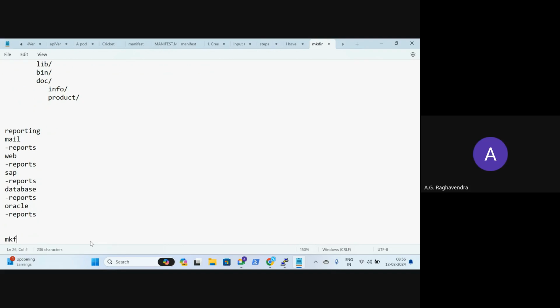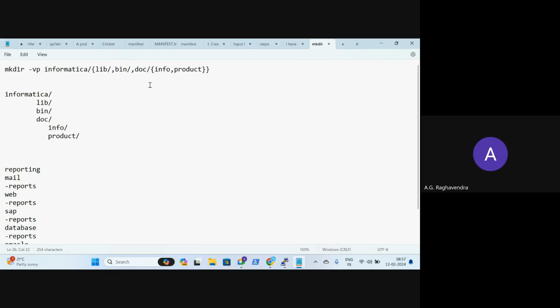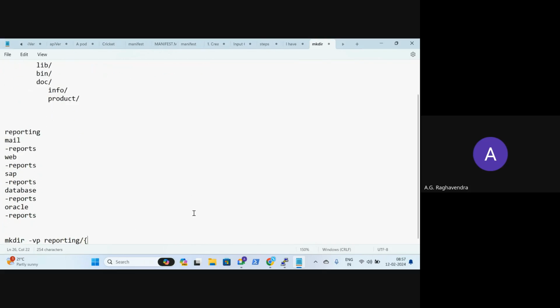How to do that? mkdir -v, I want to see verbose output, and -p, I want to create a path. How to write? Reporting, reporting slash, everything is under reporting, right? So start a brace. Same as here. Start a brace. My first level children are mail. Under mail, I have reports. Yes or no? Then my second level child is web.